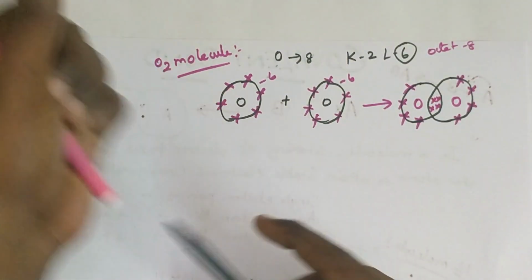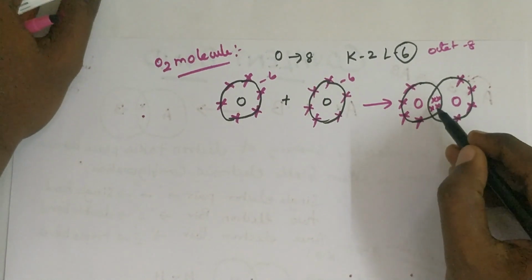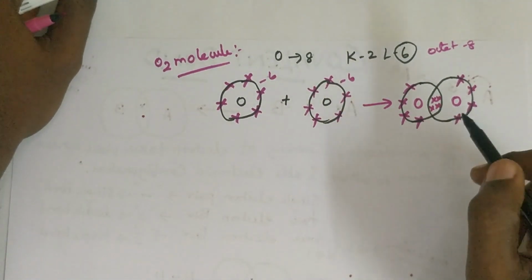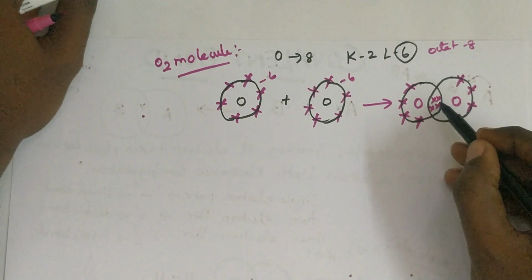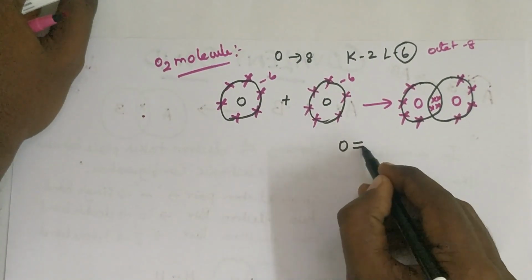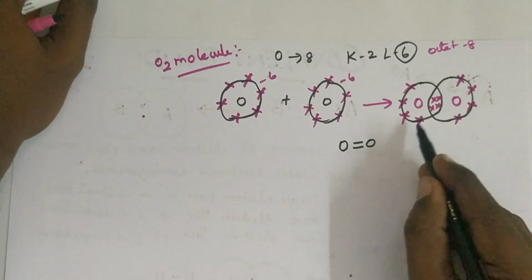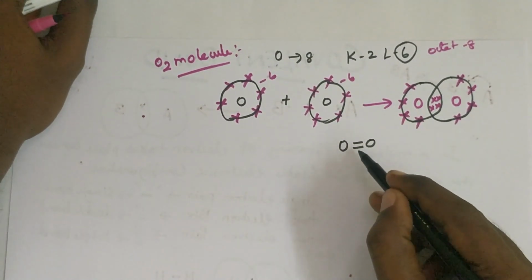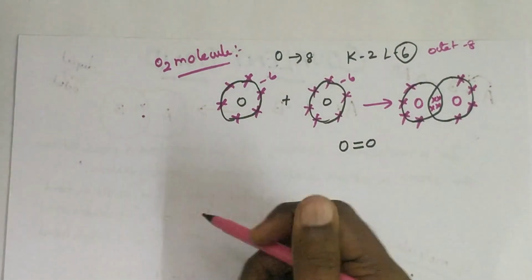But in this case, you see the number of electrons per share. Already he said if it is 1 electron per single bond, in this case 2 electrons per share, so it is a double bond. That means O double bond O, because of 2 electron pairs per double bond or double line. So next one is